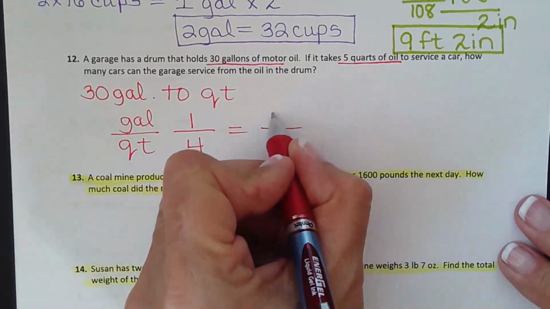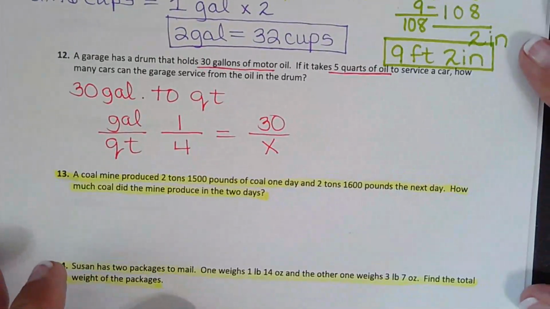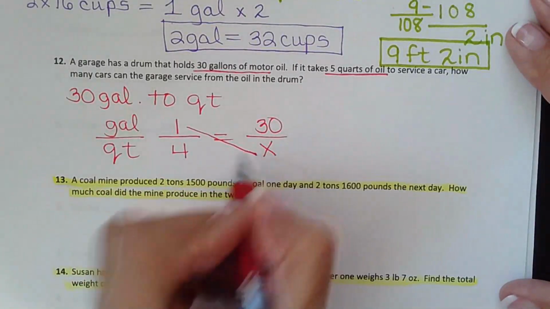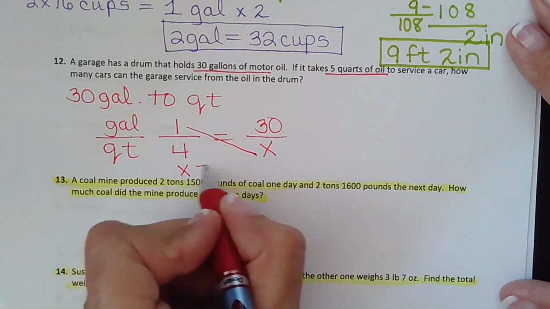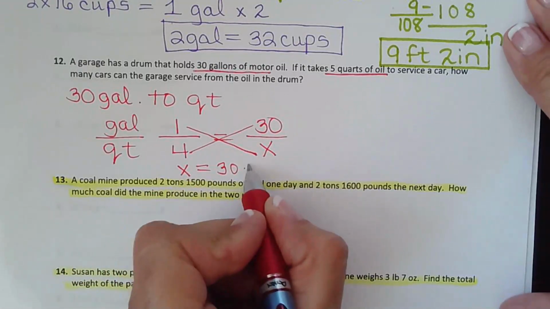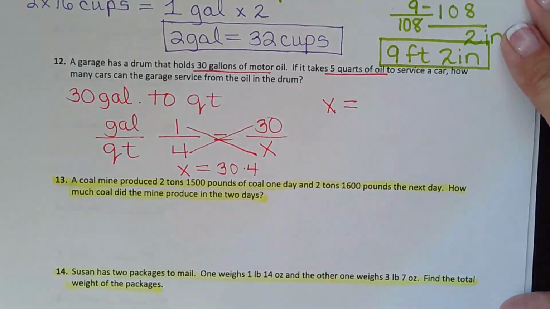So 30 gallons is how many? And you guys probably guessed it already. You just got to multiply 30 by 4, and that is correct. 1 times x is x. 30 times, and set that equal to 30 times 4. So in that 30 gallon drum, I have